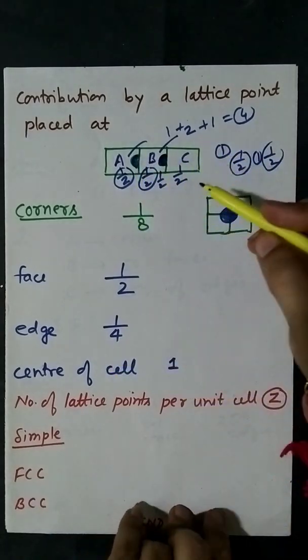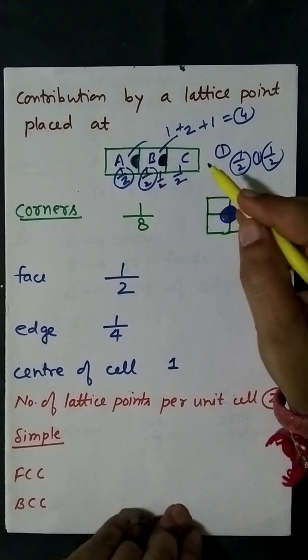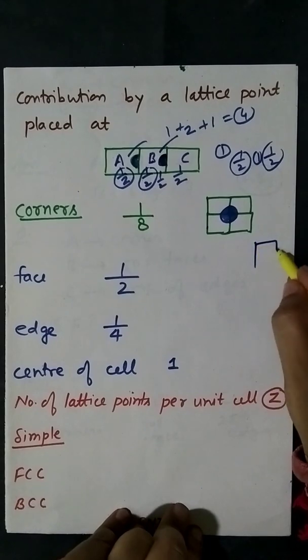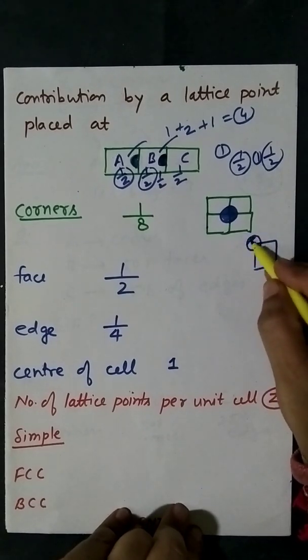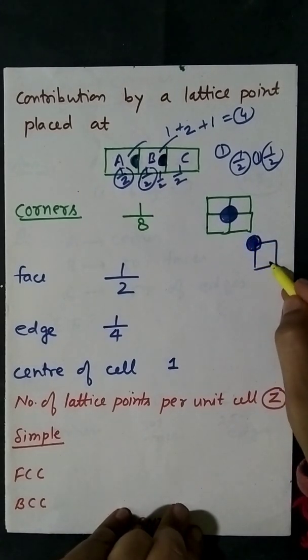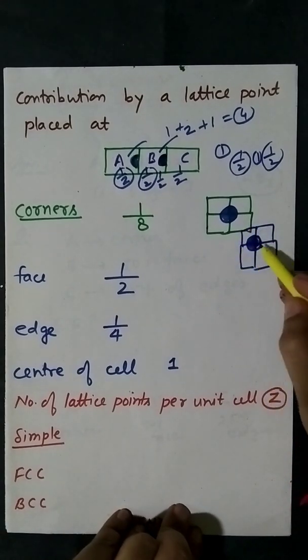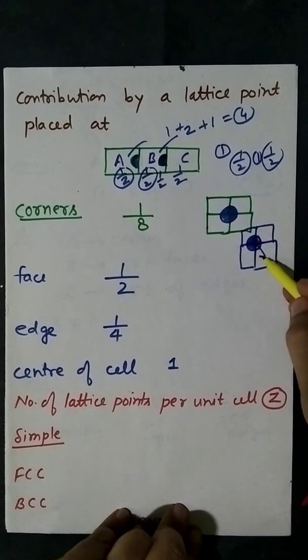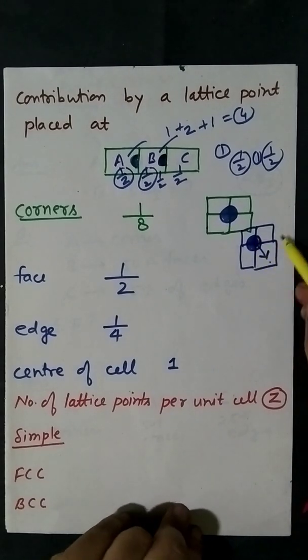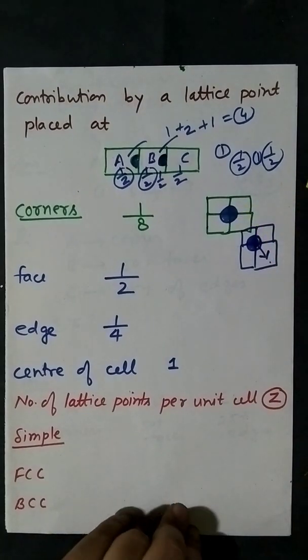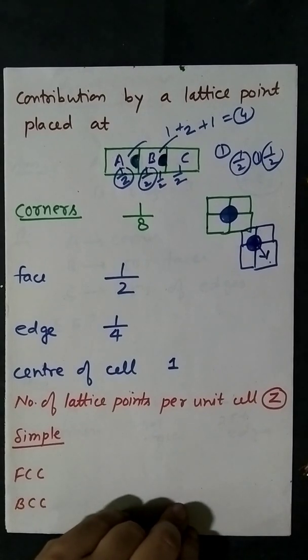Same goes here. The particles which are placed at corner are not only part of that unit cell in which you can see this particle. For example, this particle placed at corner does not belong to this unit cell only. This is shared between this and this also. So you can't count 1 for this unit cell. You will count half if it is shared between 2. You will count 1/4 if it is shared between 4. You will count 1/8 if it is shared in 8 total unit cells.